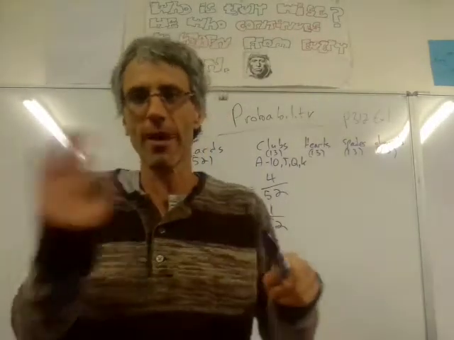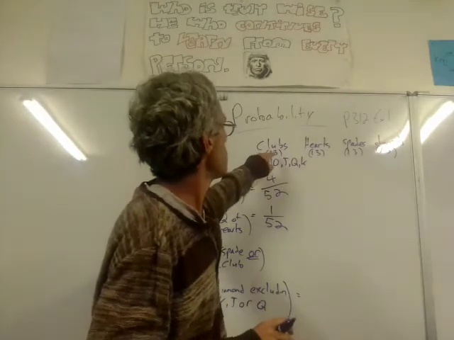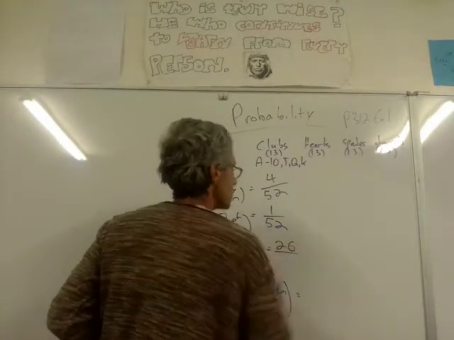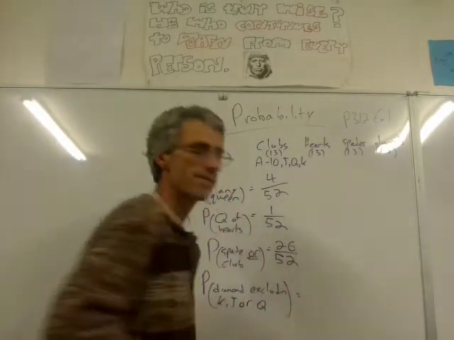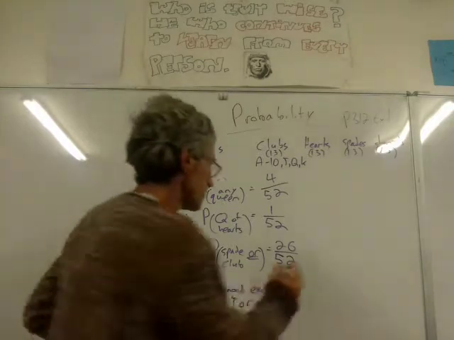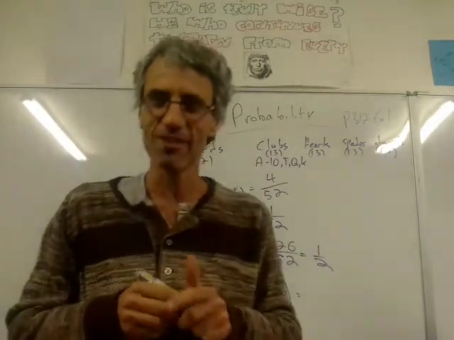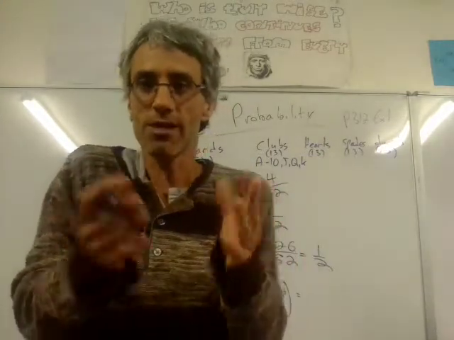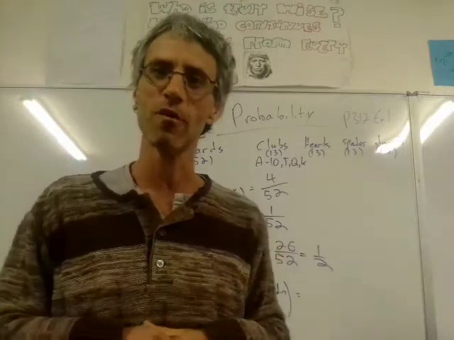Then they're asking us, what's the probability of getting a spade or a club? Any card, spade or club. So how many spades and clubs do we have? We have 13 clubs, 13 spades, so we're going to have 26 spades or clubs out of 52. And remember, here we have to simplify. If you do that, you'll get half. But you could have answered that before, because a card that's either spade or club, well, that's half the pack, right? 2 suits out of 4, so the probability is half.